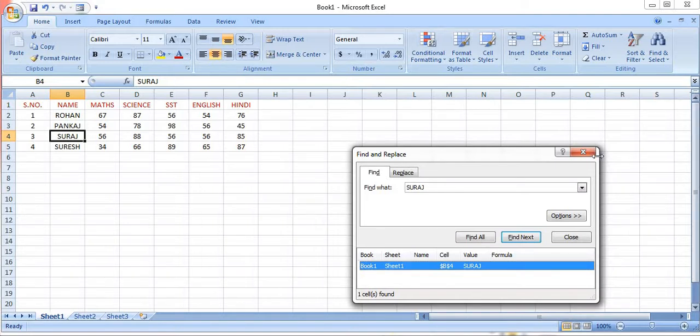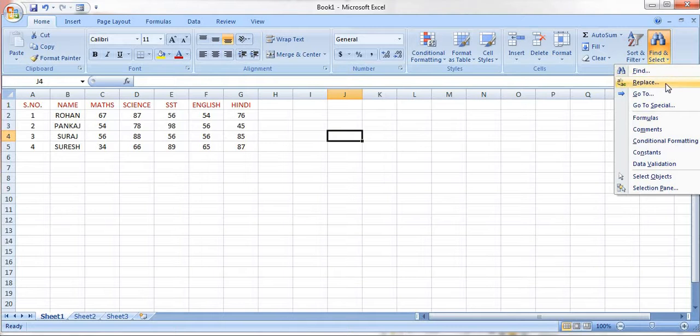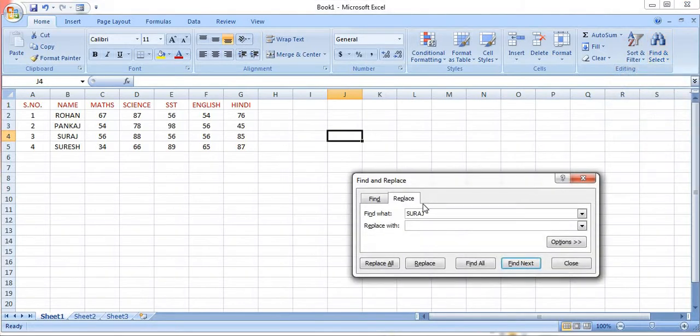And suppose you want to replace something, say by mistake you have written the wrong name and you want to replace it. In place of Suraj you want to write Suraj Sharma. So in the Find and Replace option you will see Replace. You go to this option, and in place of Suraj you can write the new name.